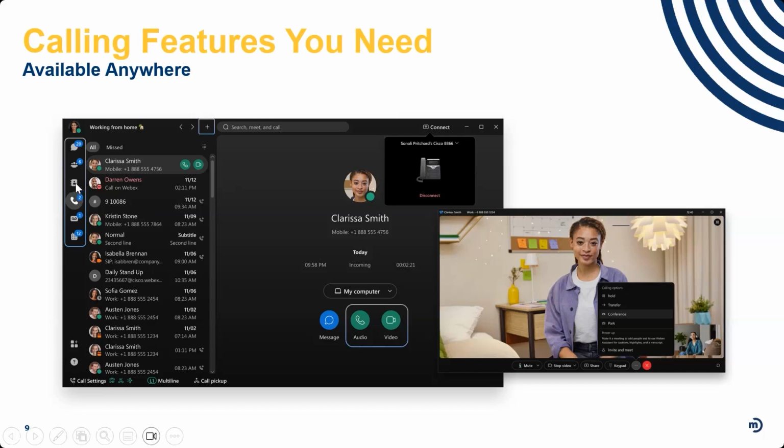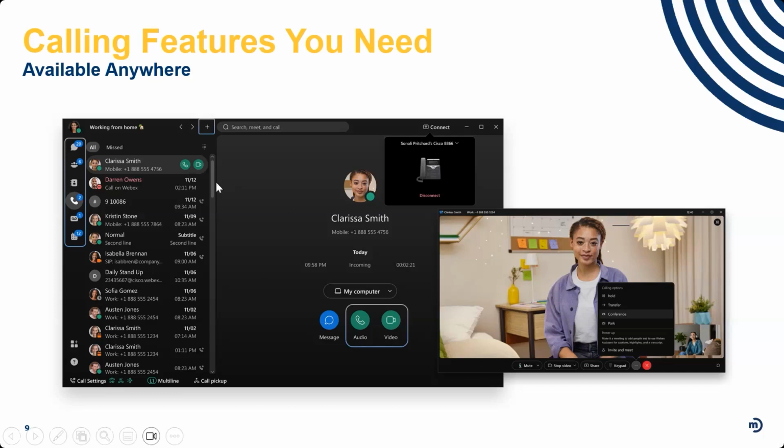The next is going to be your contacts. This is going to be the corporate contacts, obviously, that are built into the UC solution or programmed on the solution, as well as personal contacts. So like if you have Outlook contacts or an Office 365 account, for instance, those can be pulled in as well. The next one down is going to be our calling platform.